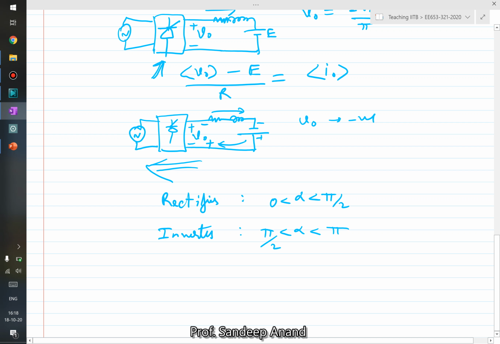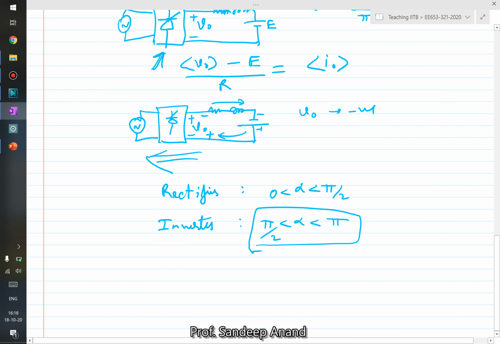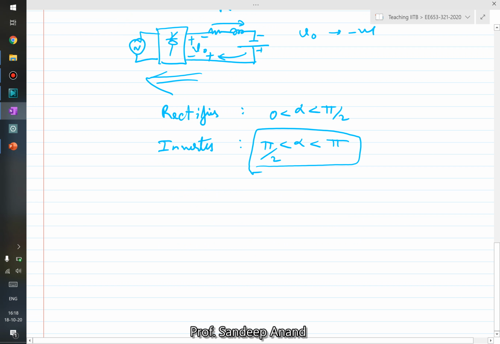So certainly it can act as an inverter in this range, but it does not mean that whenever alpha is between these two values, it will act as an inverter. I'll give you an example. It can act as we have seen above, but let's say you do not have an active load, you have just an RL kind of load. What does this mean? This means that the load will always consume power. It can never give power back. So in this case, irrespective of the alpha you choose, you would always be operating as a rectifier. So what I have written here is only true